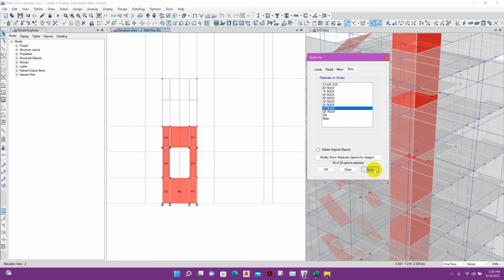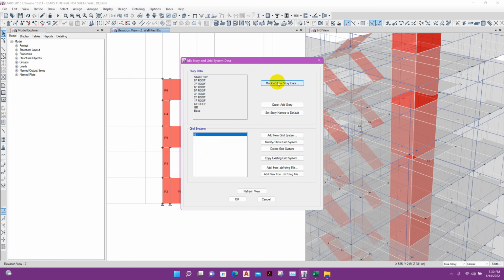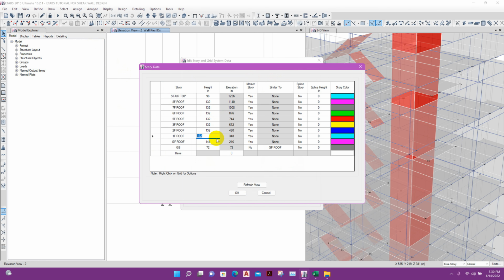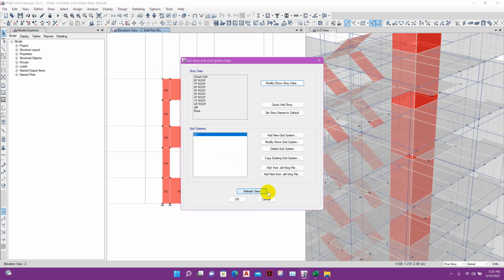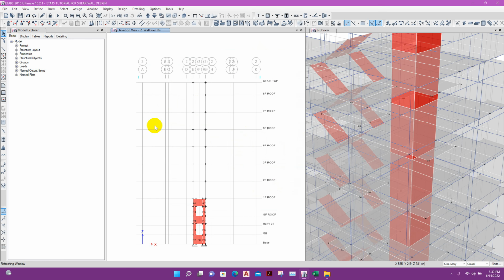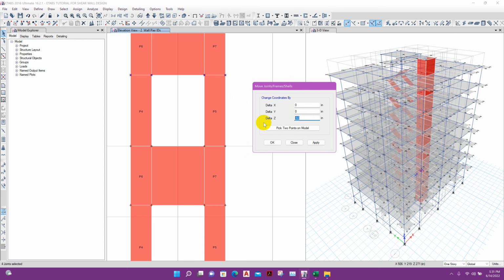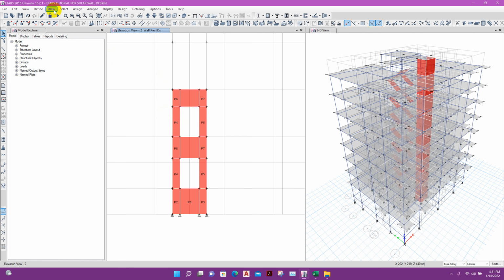first floor roof. Okay, here we can see the story height 132, that means 12 inches less than ground floor. So we can move this joint 12 inches up to keep our door 7 feet. Okay, now this joint, this joint, this joint, and this joint we will move up 12 inches, close. Now go to define